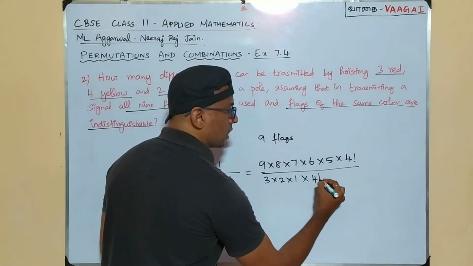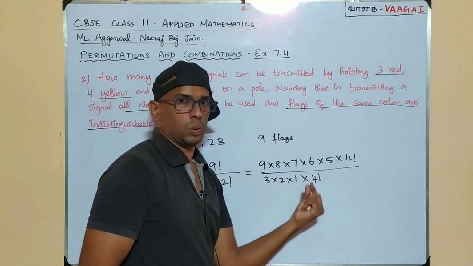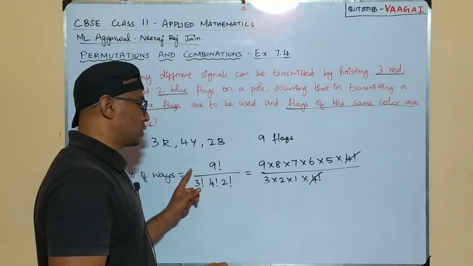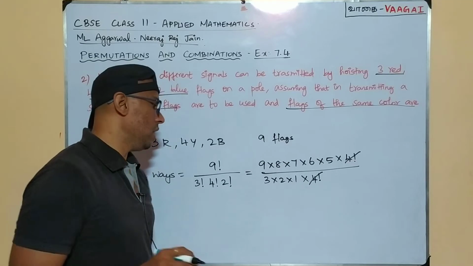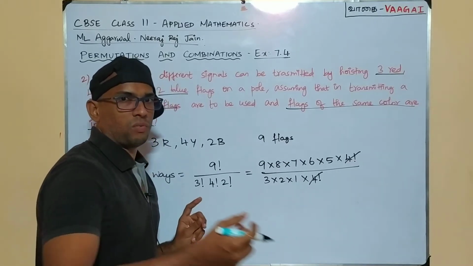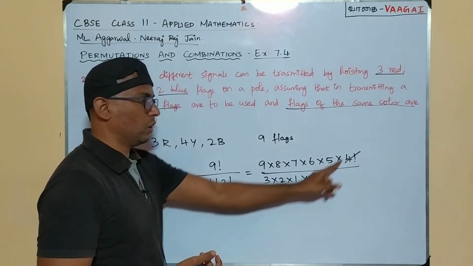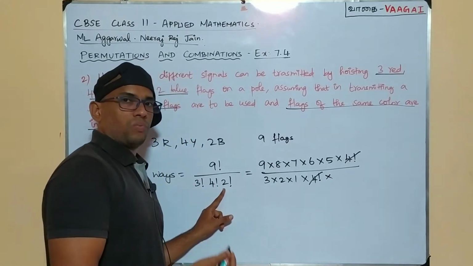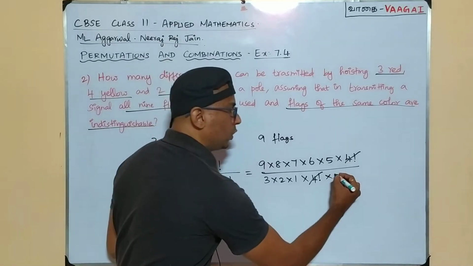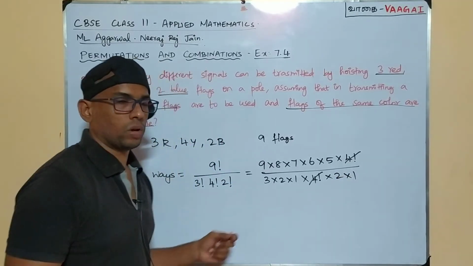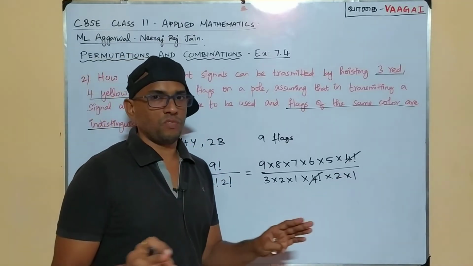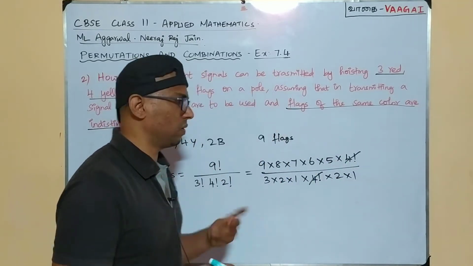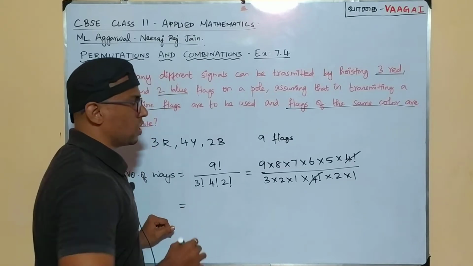Why? Because now I can easily cut these 2 4 factorials that we have in the numerator and denominator. For that purpose we expanded our numerator like that. So no need to expand this 4 factorial again, anyway they are going to be cancelled, right? That's why. Multiplied by, again we are left with another 2 factorial. So 2 factorial is going to be 2 into 1 expanded. That's it. Now we are again free from factorials. All numbers only we have. Now we can as usual play simplifying the problem. So this will be equal to,